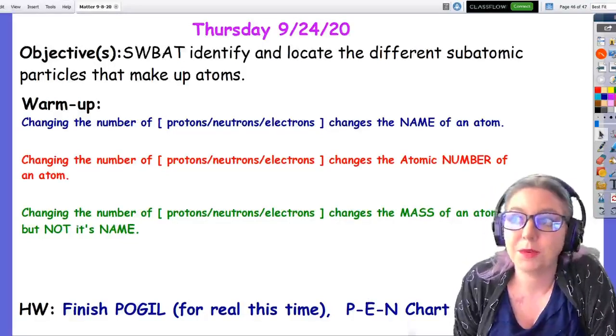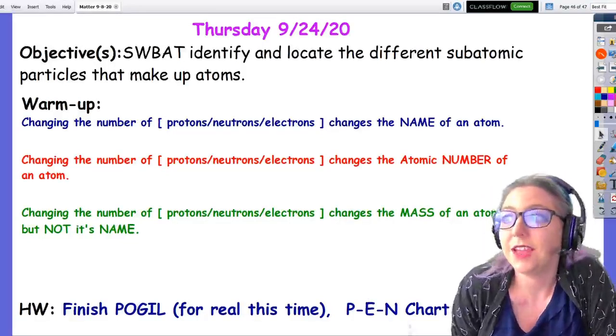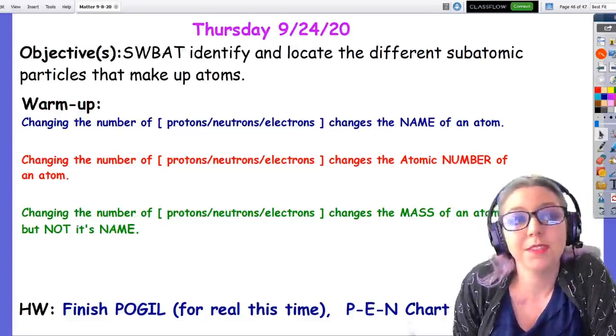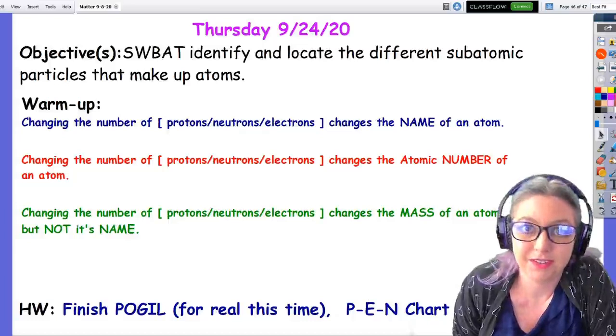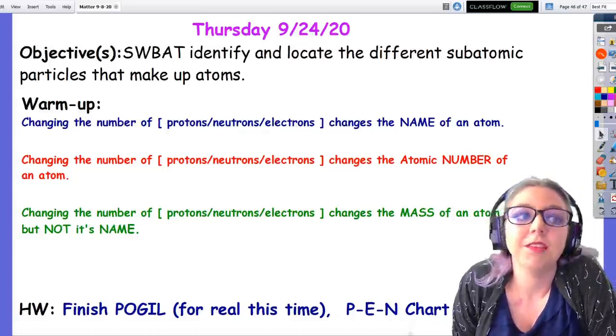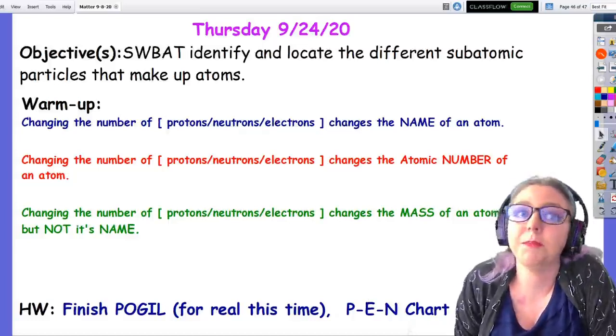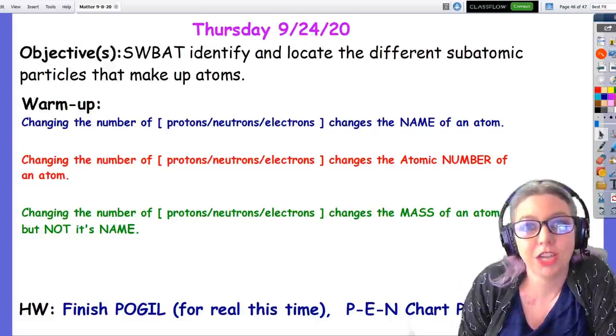So the answers were protons and protons. The number of protons determines the name of the atom and its atomic number. Protons are key. And then the neutrons are what will change the mass of an atom without changing its name